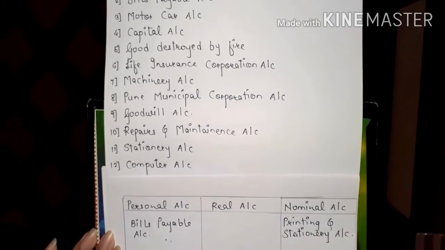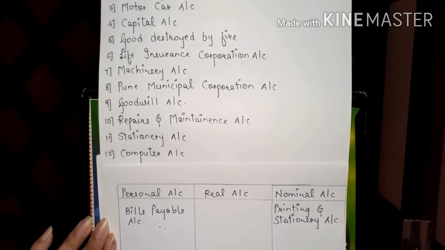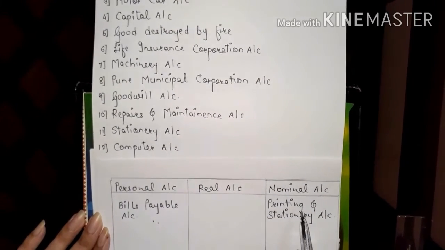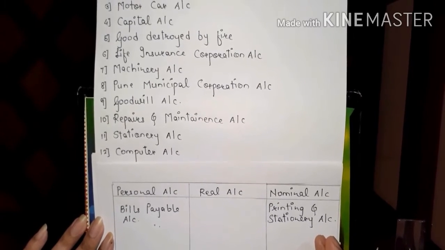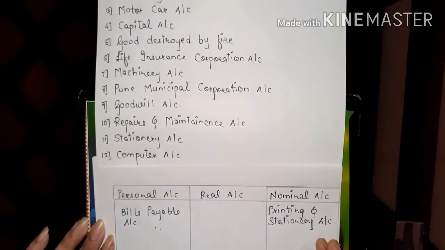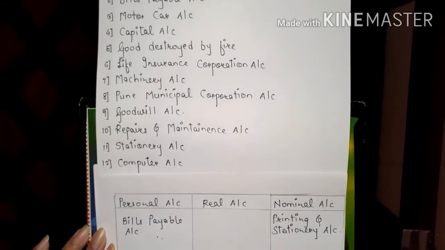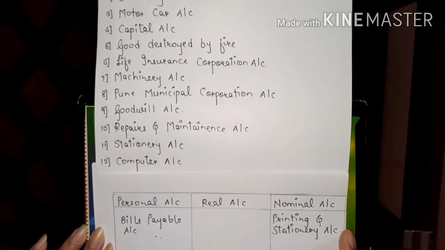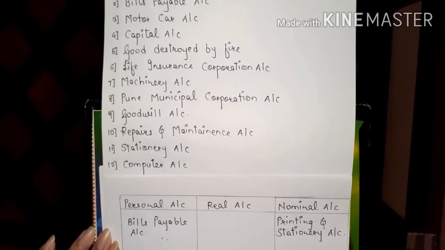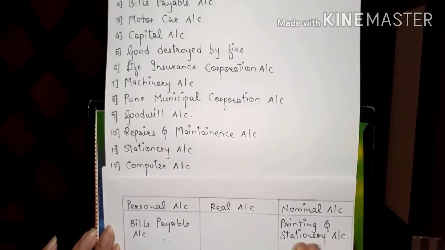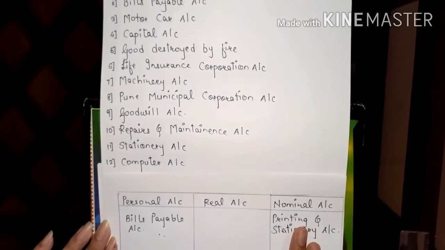It will not fall under nominal account, because this is not our expense, we have to pay it sometime. Expenses and income means where your business is having any sort of loss, any sort of purchases, then from your business cash is going out, and that is going out on a full-time basis, not on credit basis or not on loan basis. Income also you are receiving in a full way, you are not taking it on a credit basis. That is why it will not fall under nominal account.